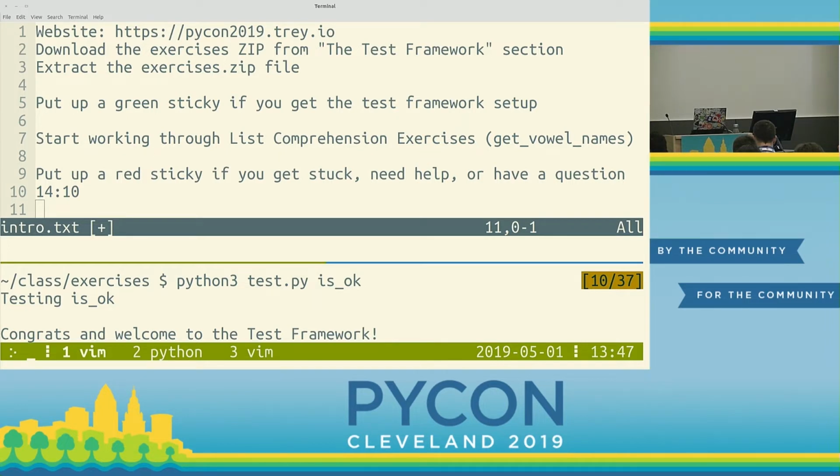For those of you who've got the test framework, okay, it seemed like it worked. Now you're wondering, where are we and what are we doing? What am I supposed to be working on now? On the website, in the List Comprehension section, there's a Comprehension